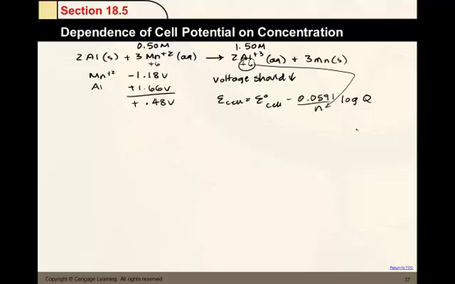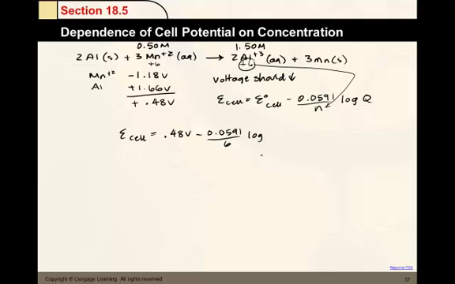Alright, so E cell, how do we get it? E cell equals E0 cell. Now I've already gotten that, 0.48 volts. And I got that, of course, from the standard reduction potential chart. Minus 0.0591 over 6 log